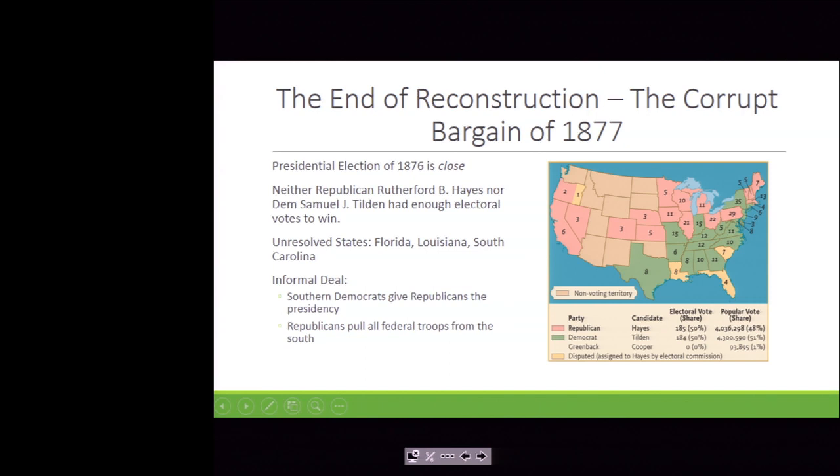And so this leads Southern Democrats to offer a deal to the Republicans. The Southern Democrats said, hey, we'll give you these states' electoral votes, which means we'll give you the presidency, if the first thing you do as president is remove federal troops from the South. Now, Hayes and his cohort know that if they remove federal troops from the South, the African American freedmen will be left on their own. They will be left defenseless. All of those strides they made in Reconstruction will evaporate. They know that. But they do it anyway, because you only live once. And Hayes wants to be president.